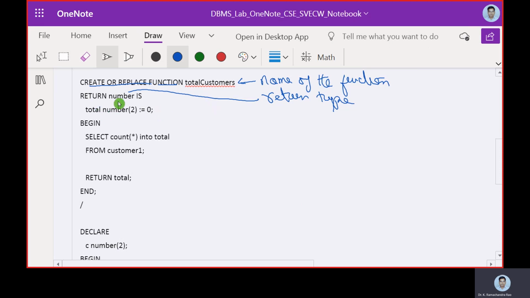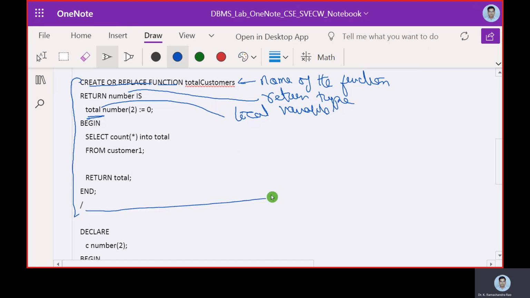Now we are going to use this total. It is going to be the local variable here, and this entire section we call the function body.